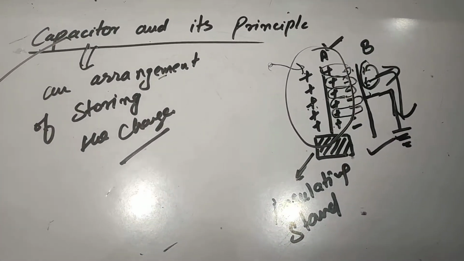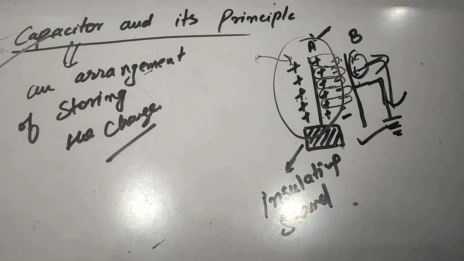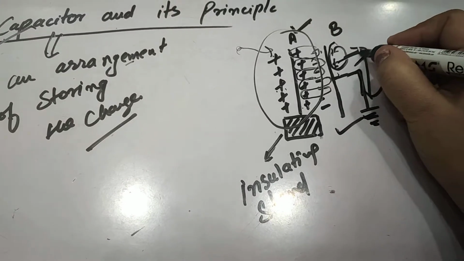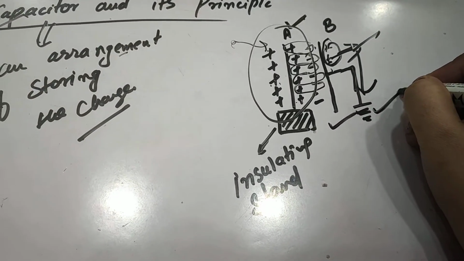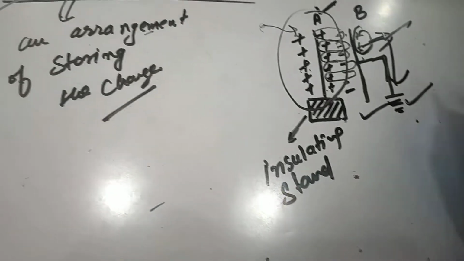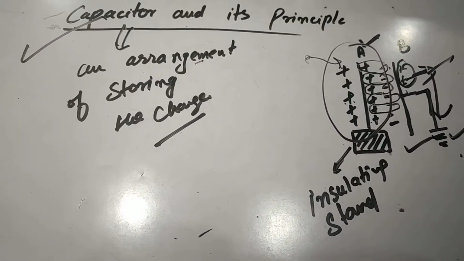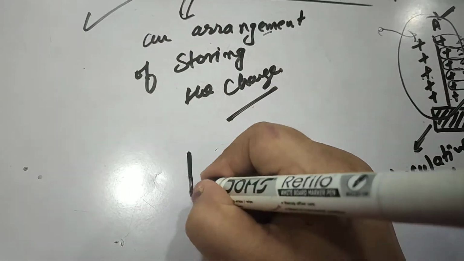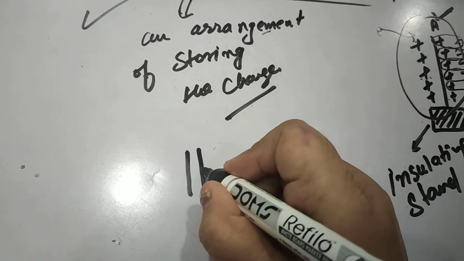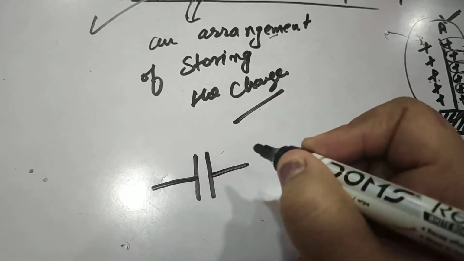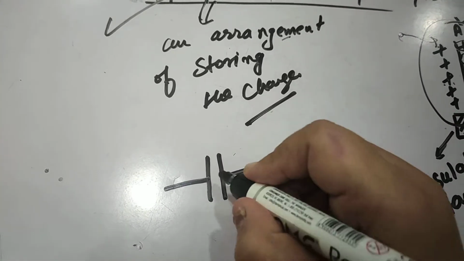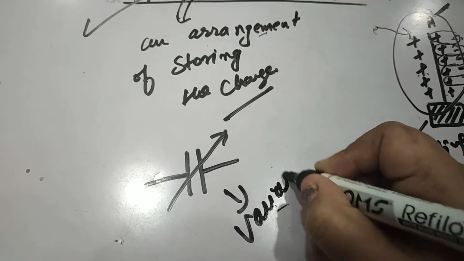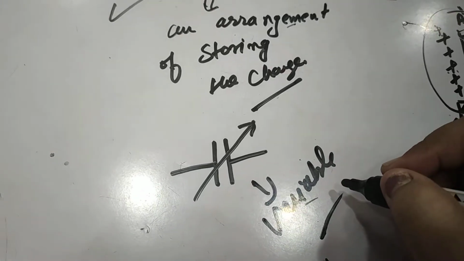So what could be the principle of a capacitor? It is that we can increase the capacity of a capacitor by bringing an uncharged earthed conductor near to it. That is the principle. Now, how do we represent a capacitor symbolically? A capacitor is represented by two parallel lines of the same size, right? Or we can show by an arrow a variable capacitor. A variable capacitor means one whose capacitance can be varied.